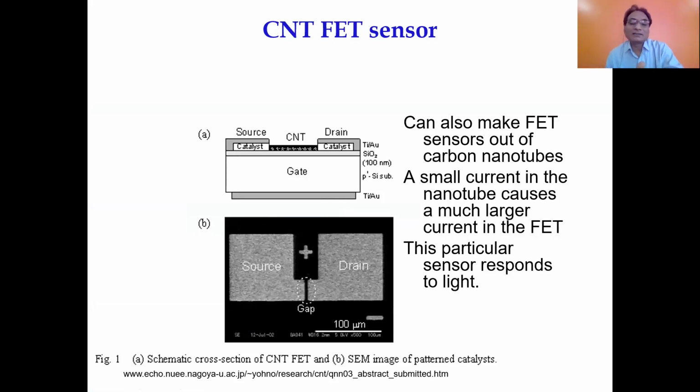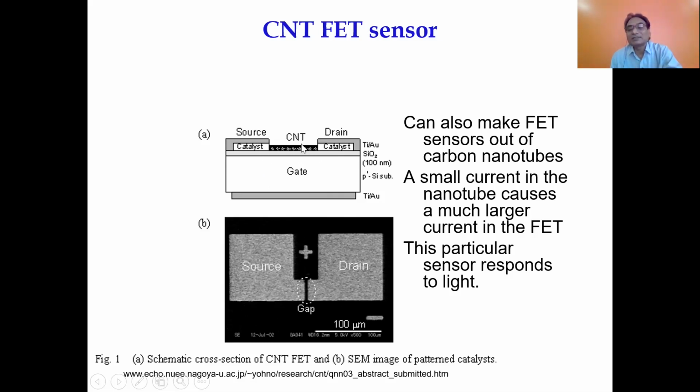There are many in our lab also. We have developed a CNT FET sensor. CNT means we have used carbon nanotube to bridge the gap. We have published many papers on CNT based FET. Of course, it's not only CNT based FET. This is one of the figures from Microsoft actually. I have collected some here. What they have done is bridged this gap by using CNT.